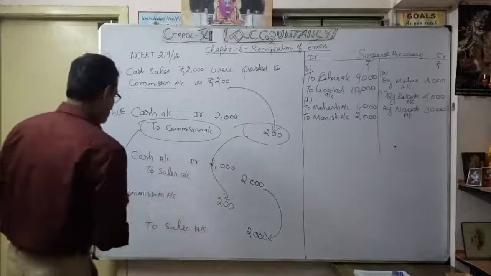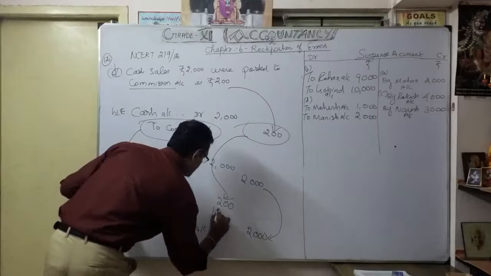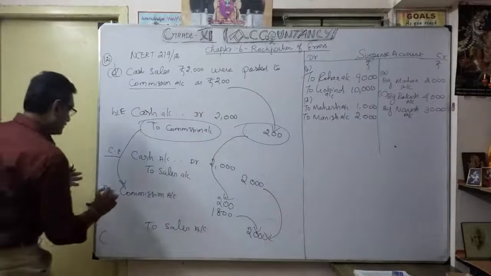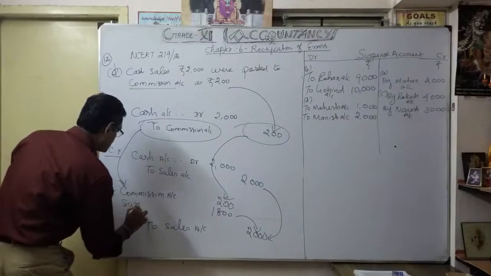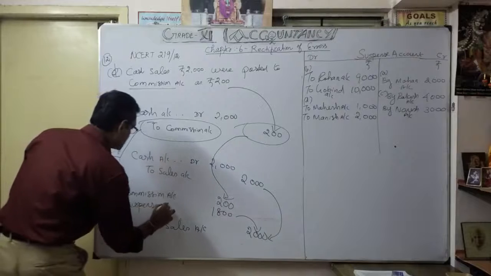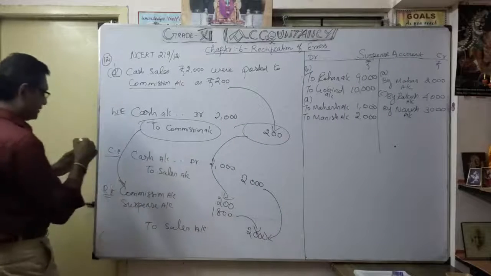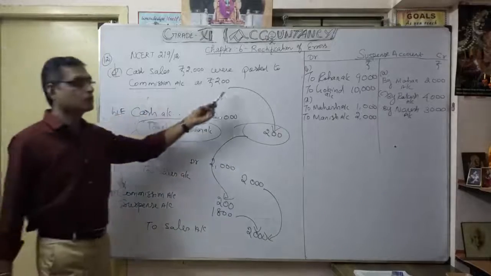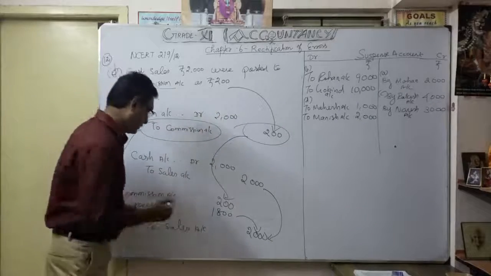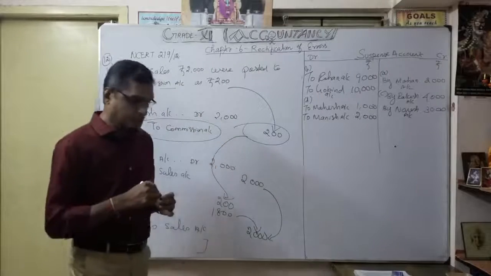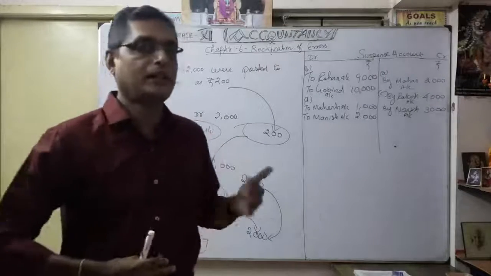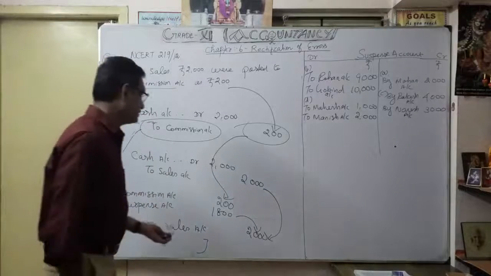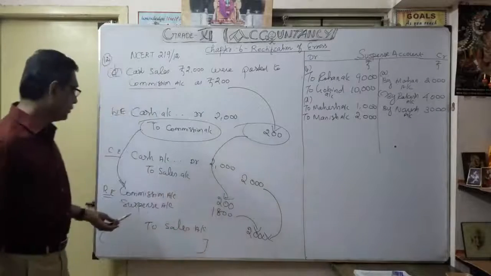So what's the difference? The difference is 1800, correct? So I consider it what? That is called suspense account. Now understood? Narration in the same manner: as cash sales 2000 are posted to commission account as 200, now rectified. Narration is very important, so hereafter please write the narration. You have to know how to write narration. Narration is very, very important.